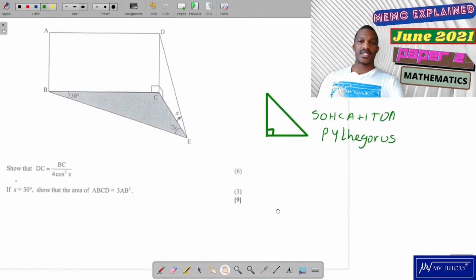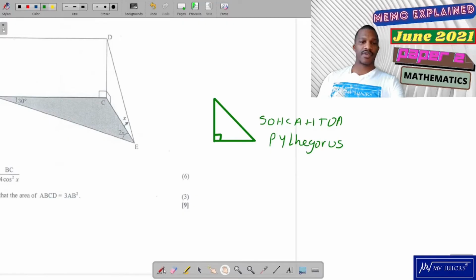But if you have a triangle and it's not right angled, it's just a triangle, and say it has angles A, B, C, and then opposite A is side A, opposite B is side B, opposite C is side C. Then you can use the sine rule,